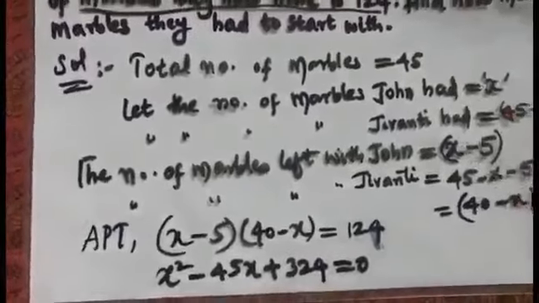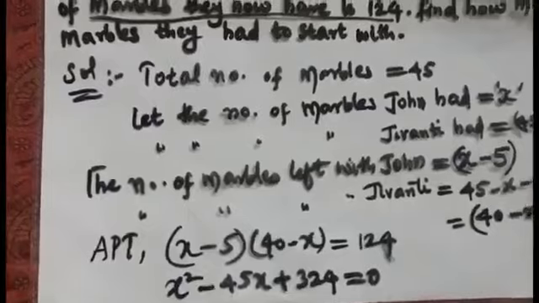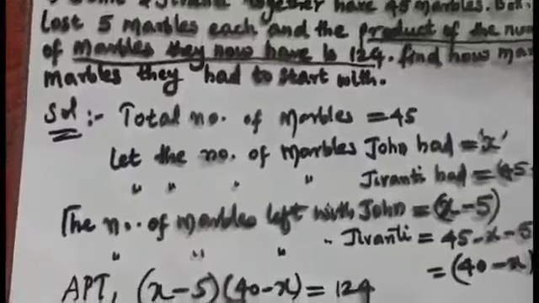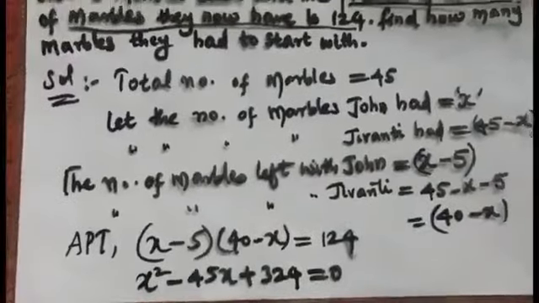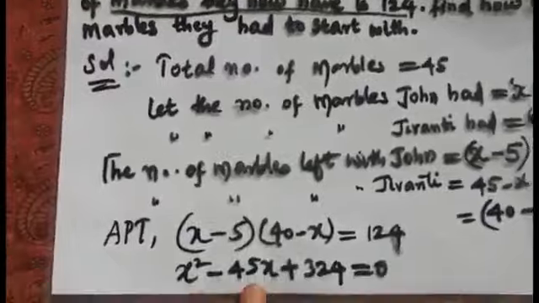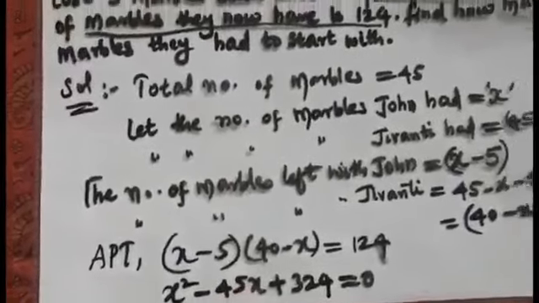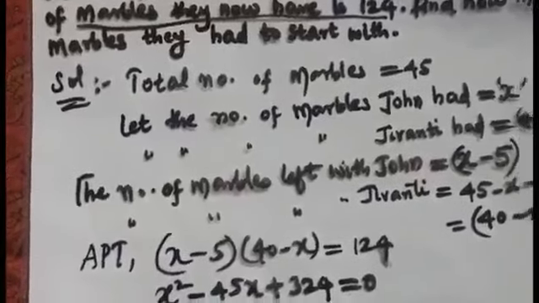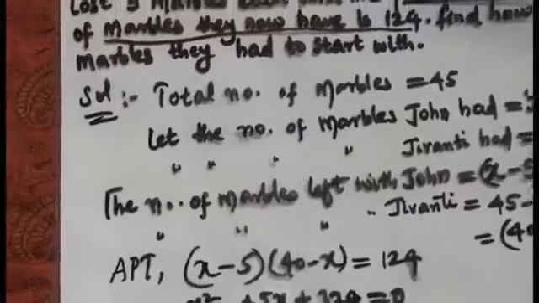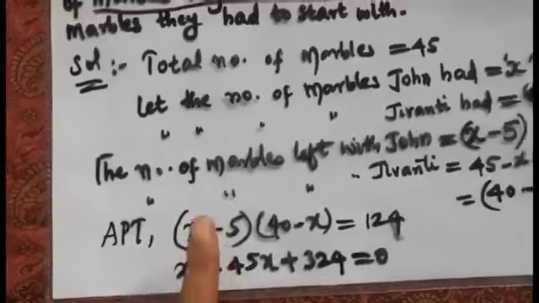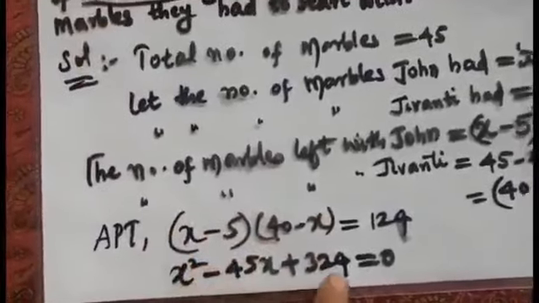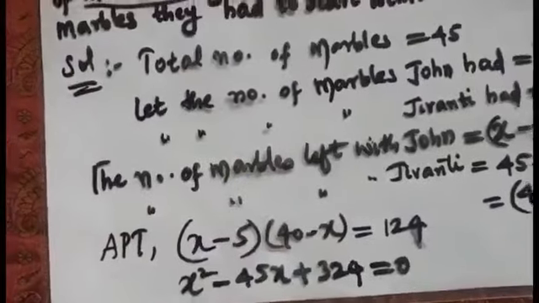In this exercise, he is asking us to find out how many marbles they were having. So when we have to find the number of marbles, it means we have to find the value of X. So we have to use the splitting middle term method to factorize this quadratic equation to get the value of X. So let's do this on the next page. Hope you all have understood what you are going to do. You are going to open the bracket and you should get this quadratic equation. You should not write this equation directly in your classwork; you will not get marks if I give marks for completion. Now let's change the page.